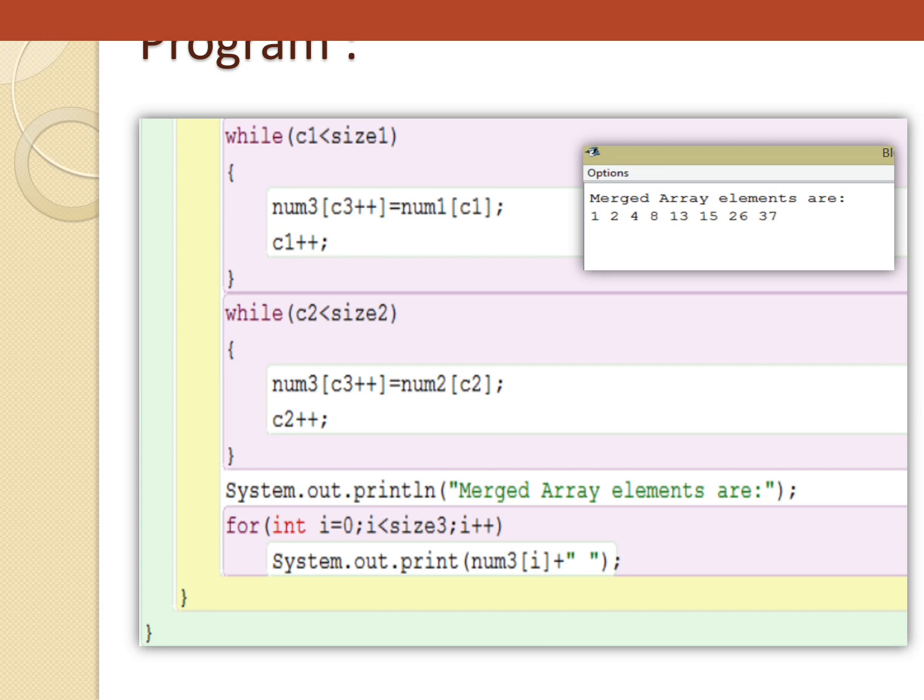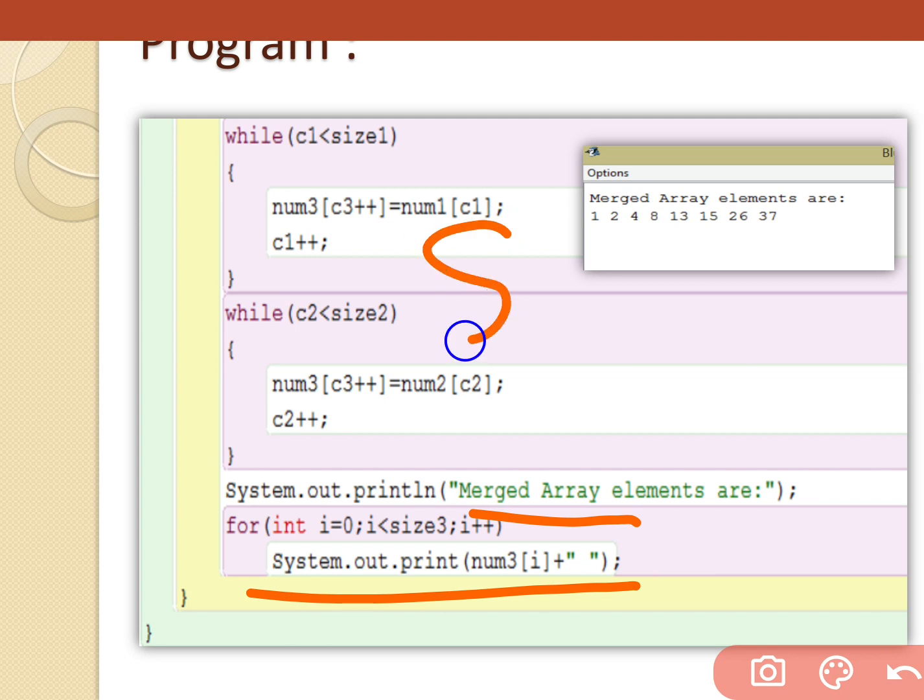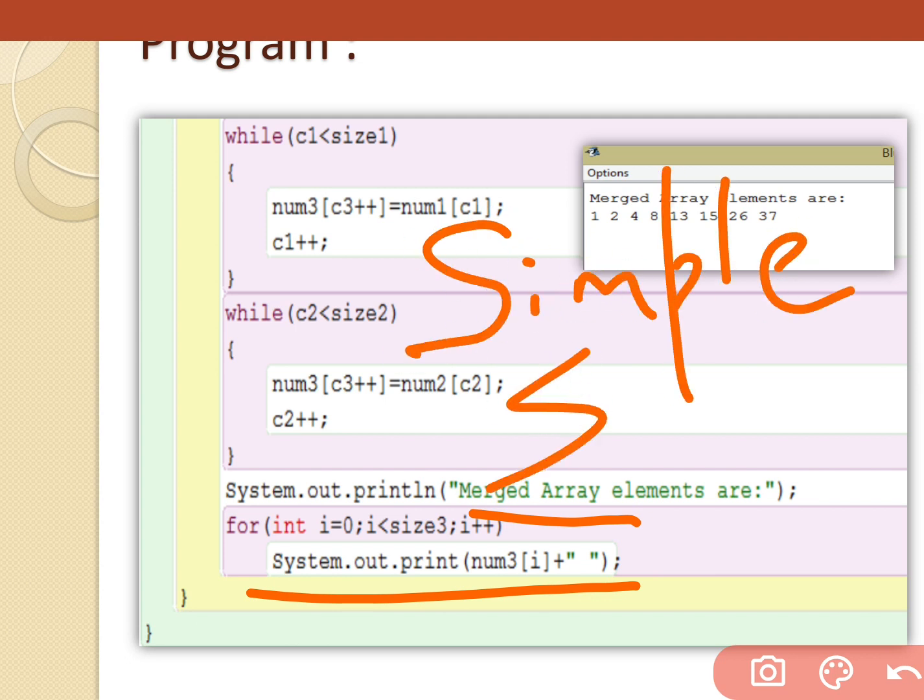It is difficult to provide you all these paths, but still we have to do that. I think you are able to understand how we merged arrays with and without sorting techniques. We have two ways, a simple one and a sorted one. I explained both to you.